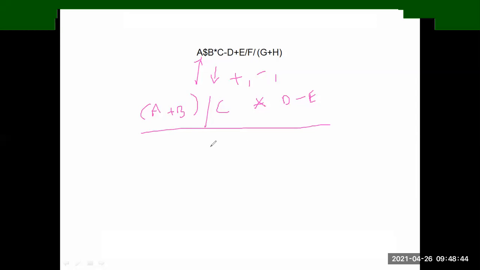Practice some more examples of infix to postfix conversion. Take a postfix expression and convert it to prefix, and also take a prefix expression and convert it to postfix. So practice yourself at home. With any doubt, inform me. In this way, we are doing the conversion of expressions using a stack.